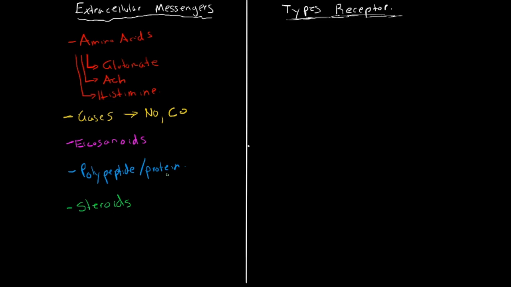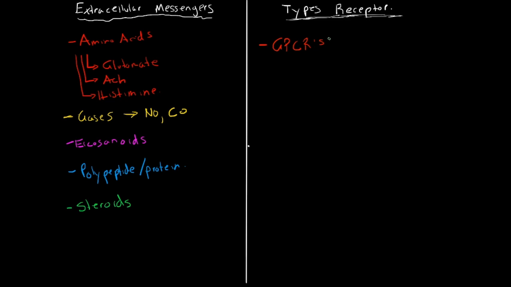You could also use stuff on the inside of the cell that would be a second messenger, but that would be an intracellular messenger, like something like calcium or IP3 or diacylglycerol. Those would be all types of intracellular messengers, but I'll save that for another video. So the types of receptors that I'm going to talk about in the next few videos are G protein coupled receptors, so